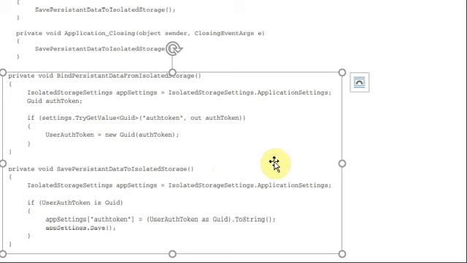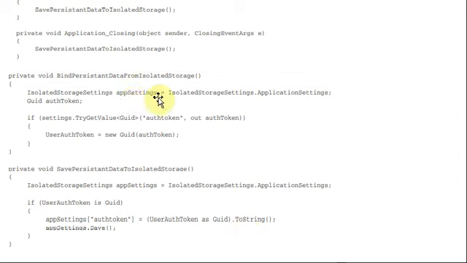So now we need to use isolated storage in the respective load and save functions. This bind persistent data is nothing but load, whereas save persistent data is nothing but saving, that is when you're exiting, you're going to save it in the isolated storage. So first of all you have the object here, then you're going to check for the authentication token, or your authentication code also you can say. In the beginning we said the code persists a unique identifier. So your code has a unique identifier that is passed to the web service as part of an authentication token. So we are trying to match with that authentication token.